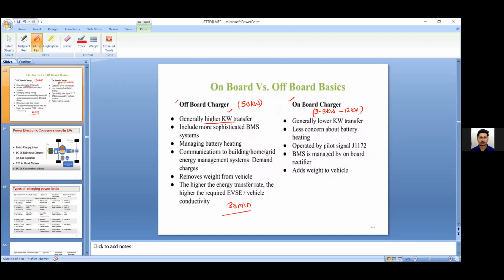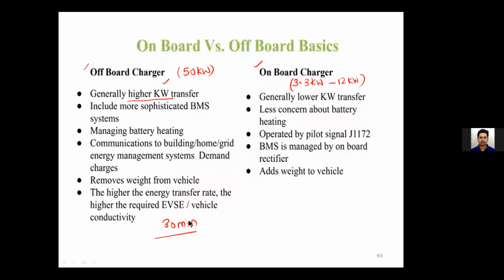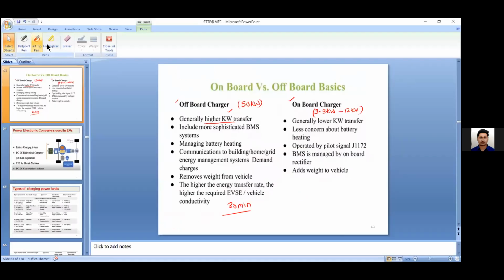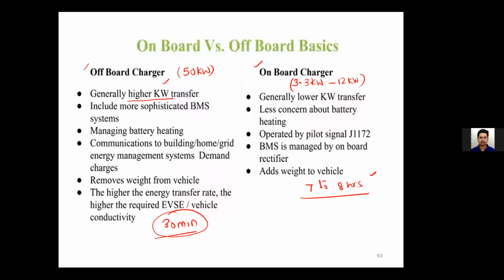But here, off-board charger means we might be having some charging stations, and there your vehicle can be connected so that it can be charged in a less amount of time. Suppose here it's taking some 7 to 8 hours, but this you can charge in your home itself. Here the time requirement may be some 15 to 30 minutes. So that's the advantage you get here. So in future, you might see some charging stations instead of petrol pumps. You might see some charging stations everywhere where your vehicle can get charged within some 10 or 15 minutes, and it can be simple. Okay.